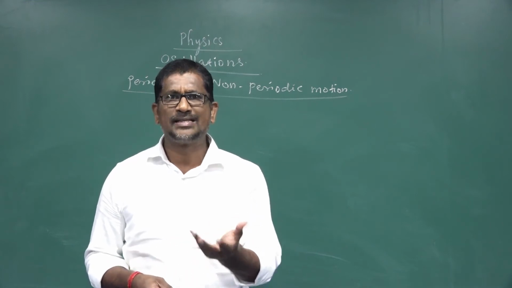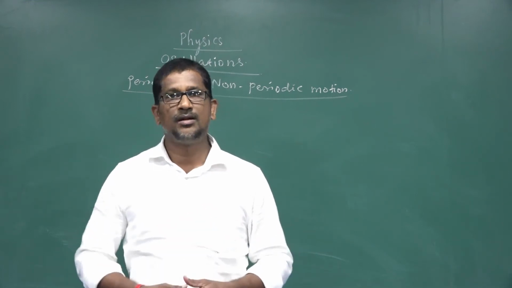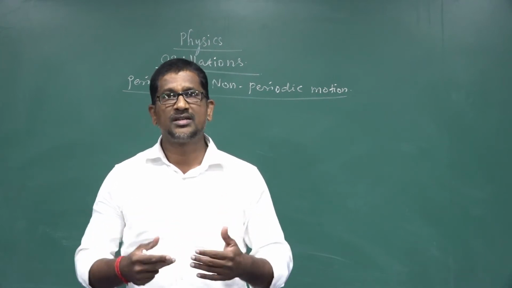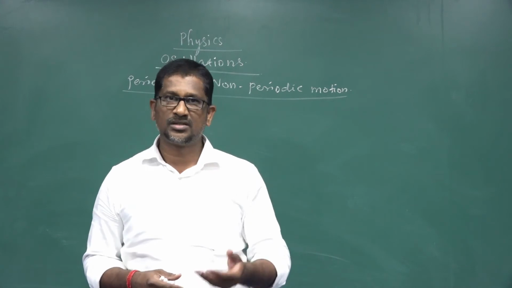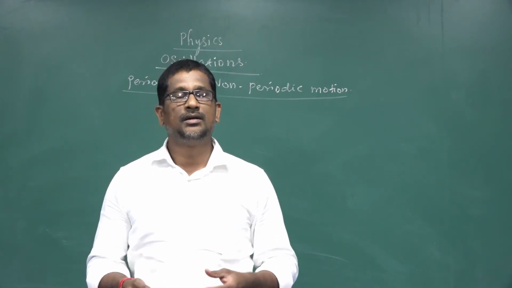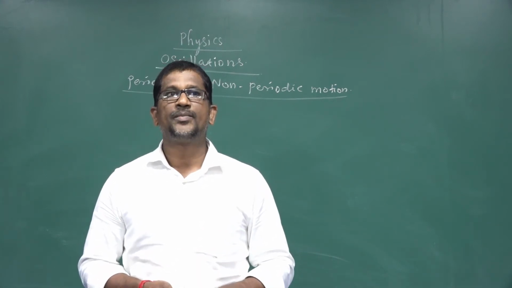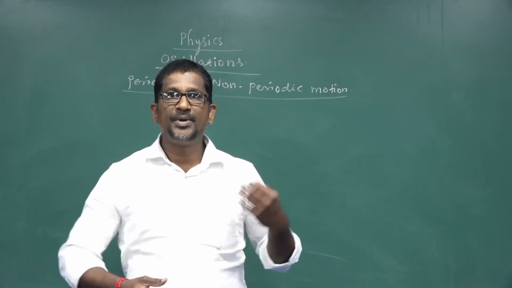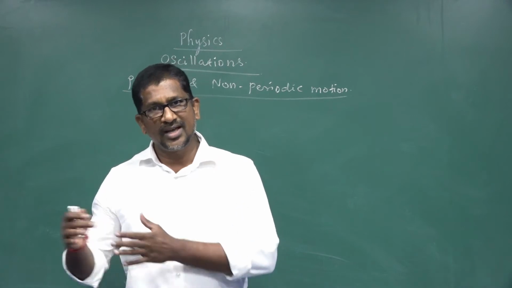So these are a few examples of rotational motion, right? Translatory motion and rotational motion were discussed in the previous chapters, that is in kinematics and laws of motion. In this session, we are going to discuss periodic motion and non-periodic motion,